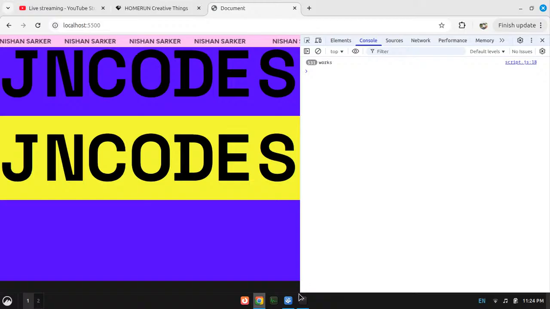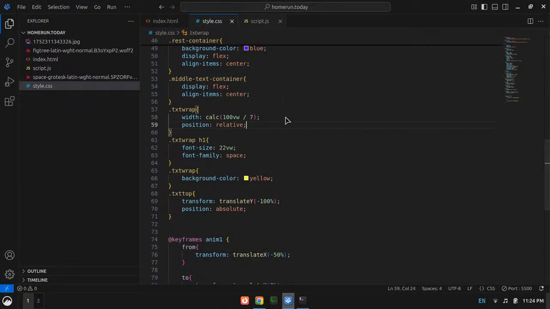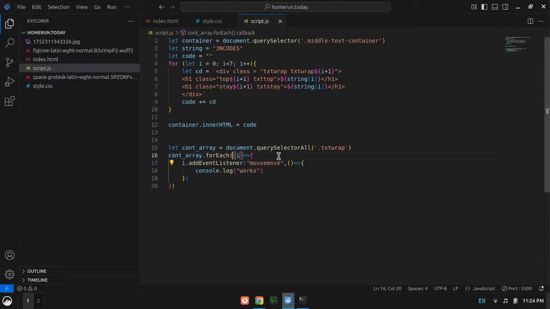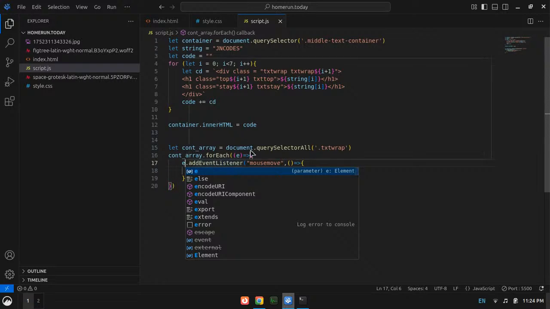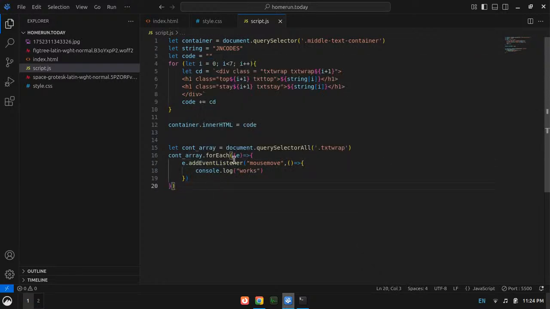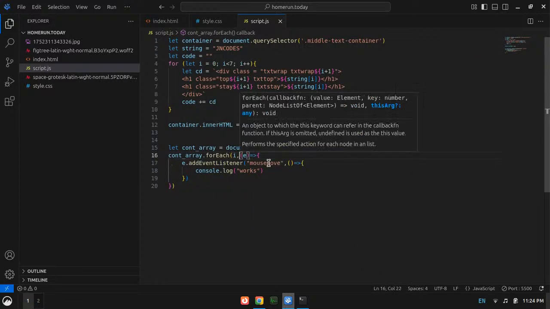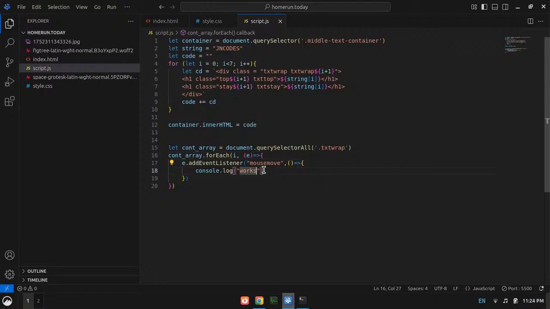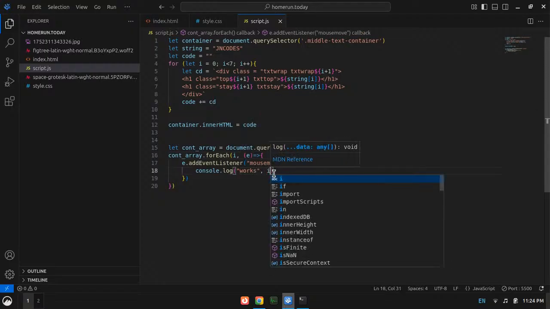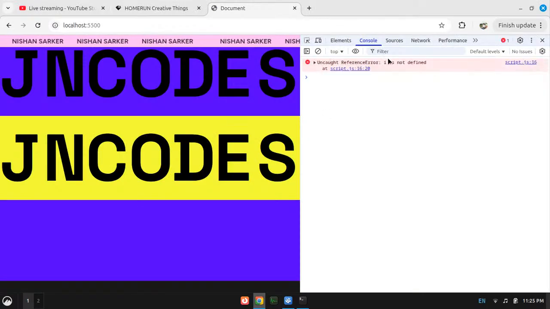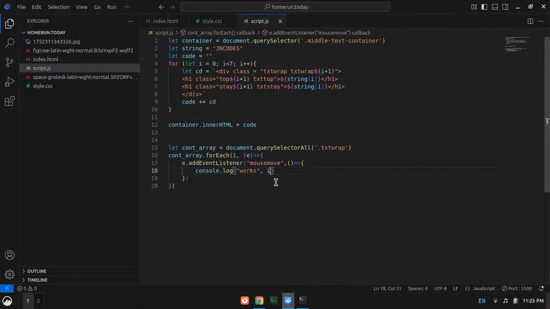Okay. So now I can actually switch it to E and this to E, and then here I will say I and words, then comma I. Now what happens is I is not defined, still I is not defined.